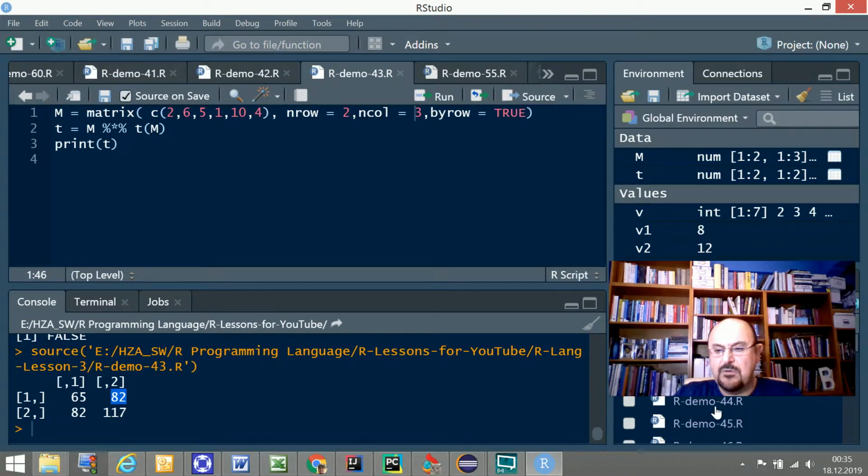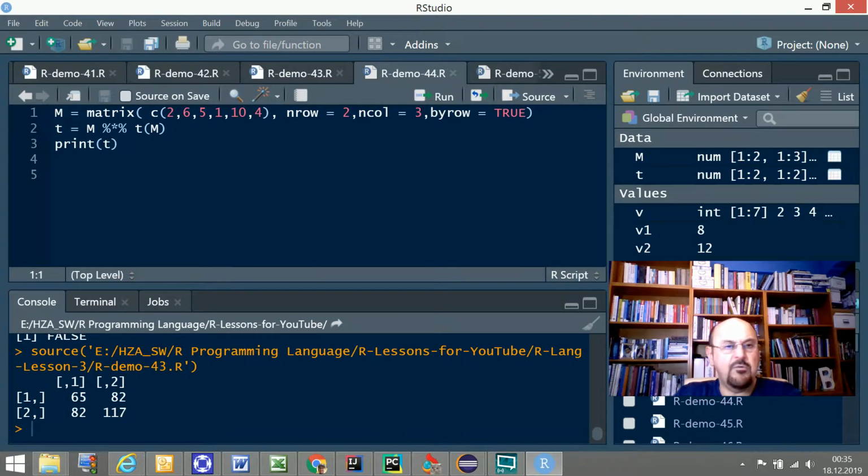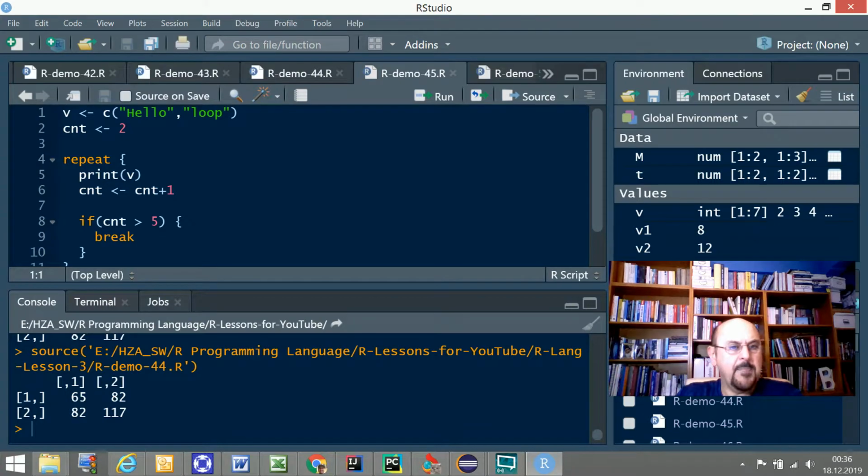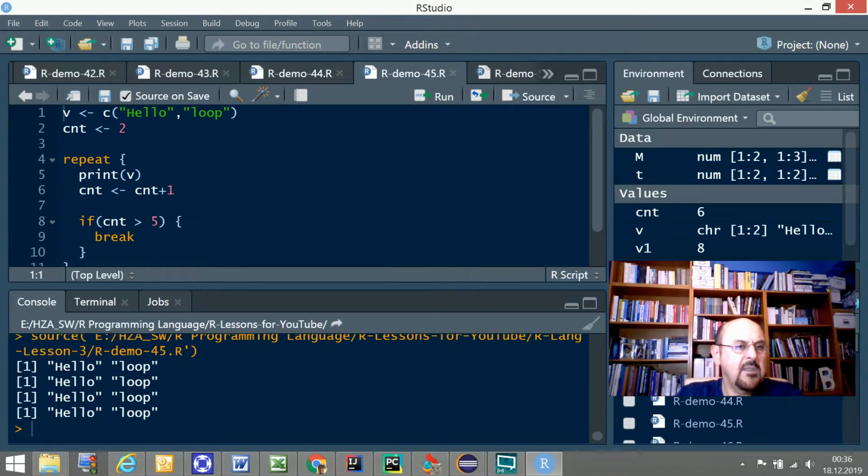That was 44. How about 45? Okay. 25. In this case, I define a vector here, so it has two members, hello and loop, and I define another